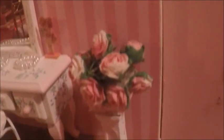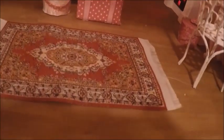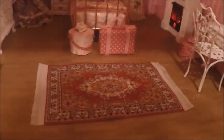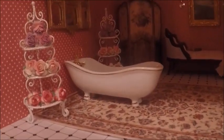Looks like she just moves the jewelry back. Some pretty flowers. Hat boxes. Nice rug. There's her suitcase and her hat box. And on the bed is a tray, a serving tray. And here is the guest's bathroom. There's the old clawfoot tub, a very pretty rug and mirror for decorative reasons, and decorative flowers, and an old